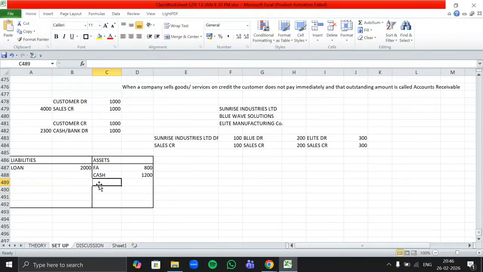So do I need to book here as an individual name of our customer? Sunrise Industries booked as 100? No, it's like a grouping, a debtors grouping. But ma'am, you told us we have to create individual GL accounts for each and every customer. Will it come under the debtors? Sundry debtors, I'm not sure.